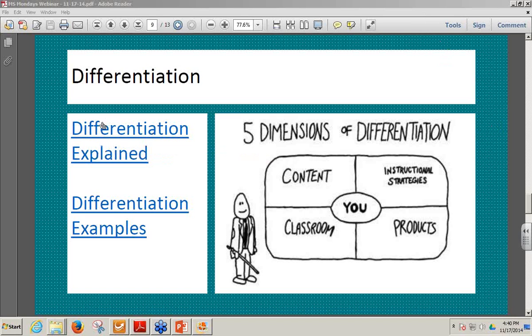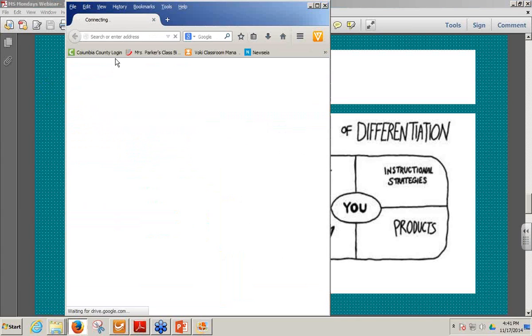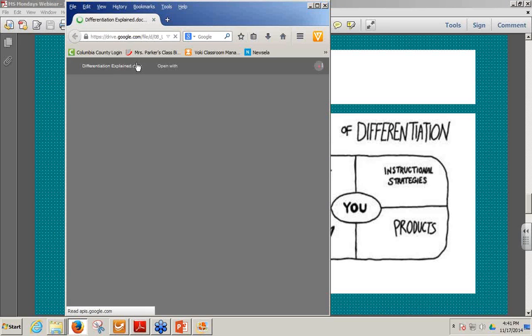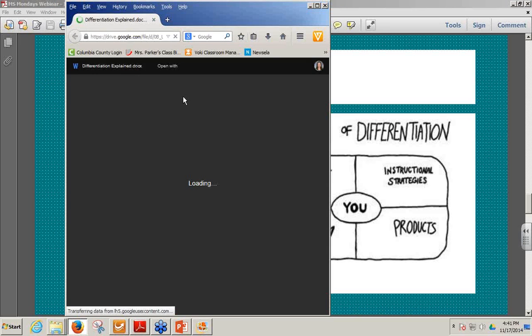So right here I have two documents. First, something I needed to understand was that there are four different ways that you can use differentiation in your classroom. You see this U in the center, it stays the same, but the four different ways are your instructional strategies, your classroom, your content, or your products. I have examples right here, and this Differentiation Explained document, when it comes up, I'm definitely not going to go over because it is lots and lots of text, but